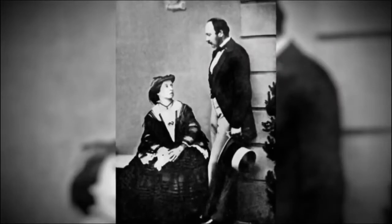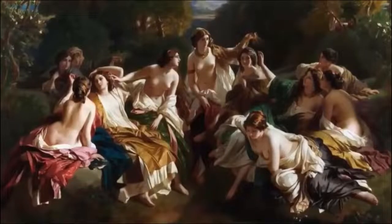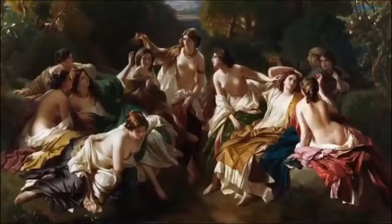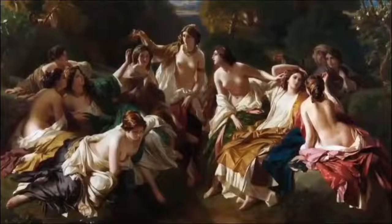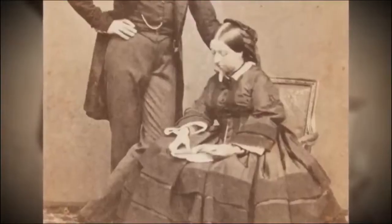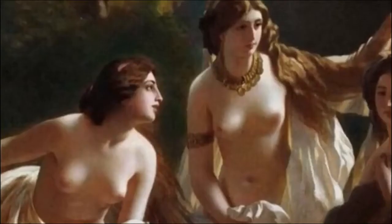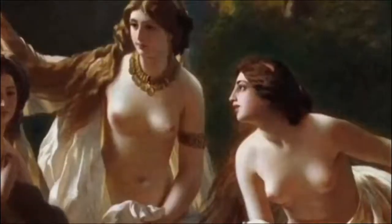Victoria's choice of art at times reveals the passionate relationship that the couple enjoy, such as Florinda by German painter Franz Xaver Winterhalter. This is a painting that Queen Victoria bought for Prince Albert's birthday in 1852. And if you think of our slightly buttoned up, straight-laced idea of Queen Victoria, this picture looks rather surprising. Queen Victoria is the monarch who famously, when she visited the V&A Museum, they had to go around and put fig leaves on all of the sculptures. And what you're looking at here is a